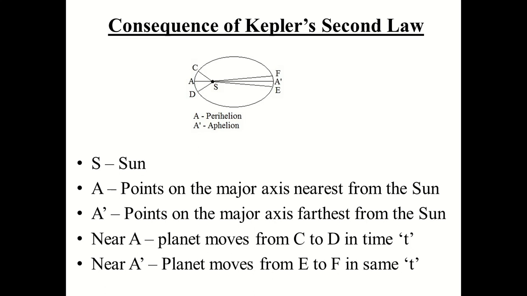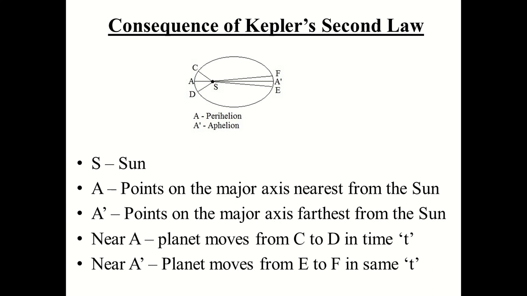Okay, now let's discuss the consequences of Kepler's second law. To discuss it, let's consider this diagram. Here S is the sun, and C, A, D, E, A prime, F are the different positions of a planet. Let's say A is the point on the major axis nearest to the sun, and A prime is the